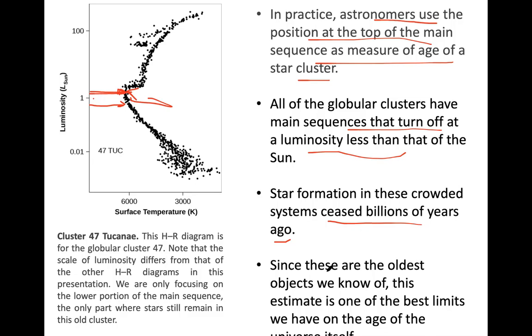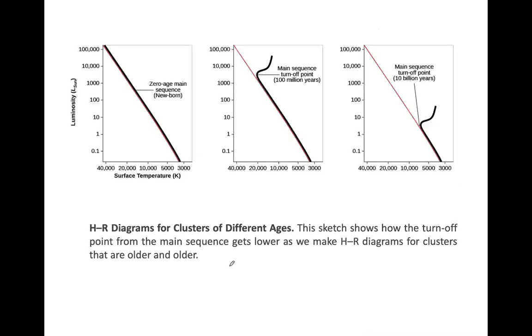So this is what I have mentioned. These are one of the oldest objects that you can have in the universe, and because of that we can get a good estimate of the age of the universe itself, right? So this is why globular clusters and open clusters are important, and I will probably discuss a little bit more about these globular clusters when we go into the cosmology part, because this relates to finding the age of the universe, right?